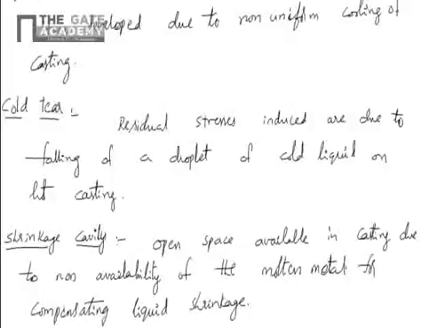For example, if you look at the old questions, they have asked about defects in question number 12, ME 2004. One more question. Misrun is a casting defect which occurs due to: first option, very high pouring temperature of the molten metal; second option, insufficient fluidity of the molten metal; third option, absorption of gases by the liquid molten metal; fourth option, improper alignment of the molding flasks.